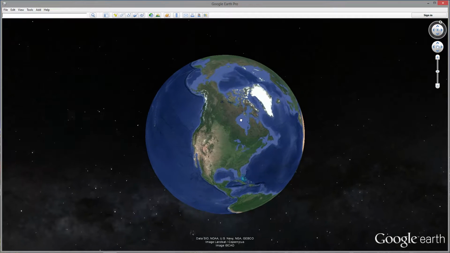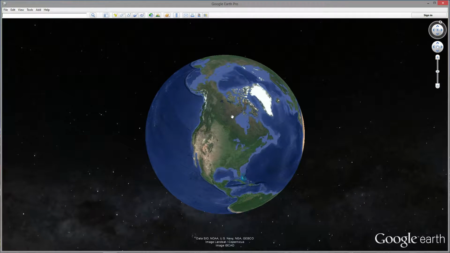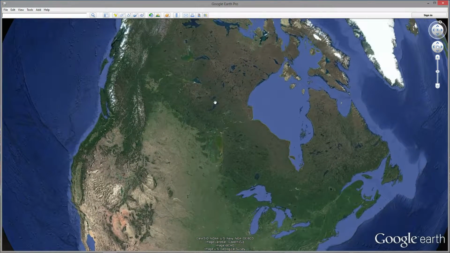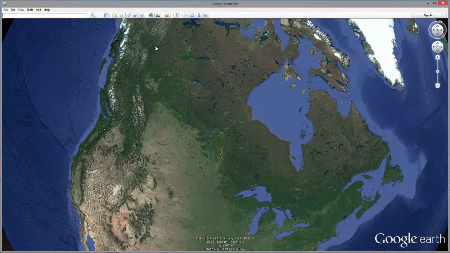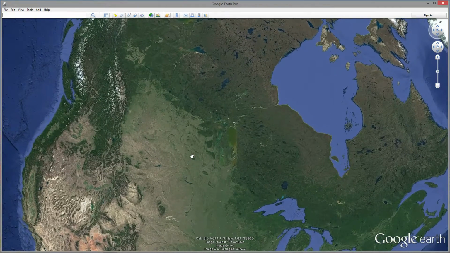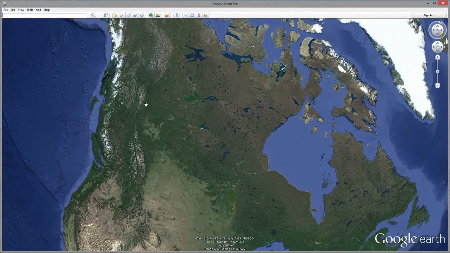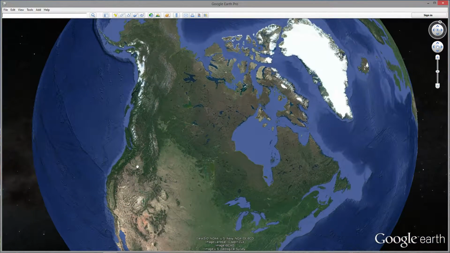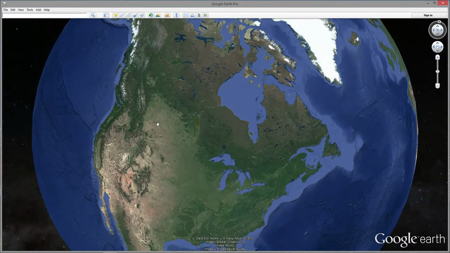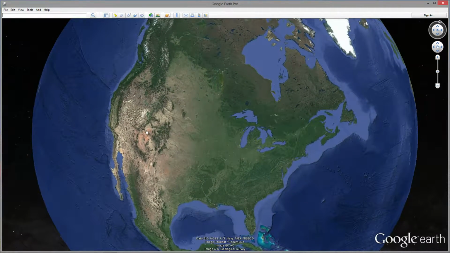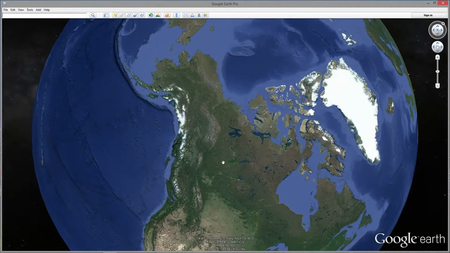I do not use borders ever. I don't like to see the world as borders. I like to see the world as landmasses. Borders stop our imagination from actually picturing what the truth is on how our world formed and how everything moved. I mean, even from up here, where are we? We are currently very far in the sky, and we can already see how these mountains move throughout the borders. There's no America, there's no Canada as far as Earth's concerned. It's just a landmass. We are, however, very concerned, and we do have our borders.